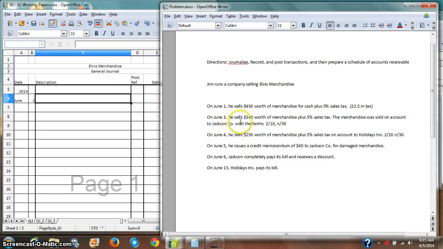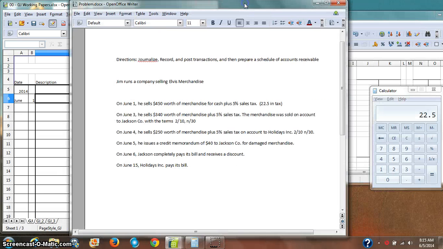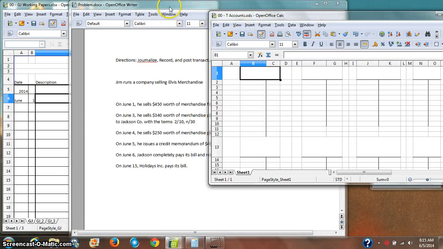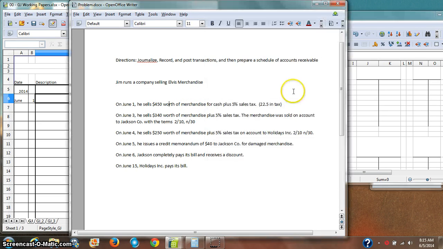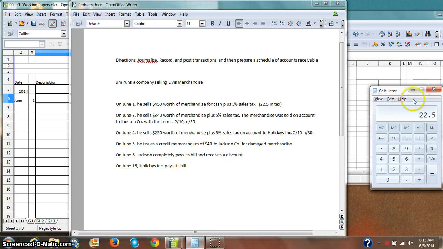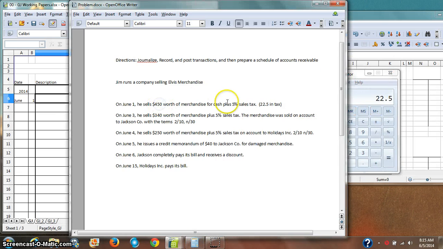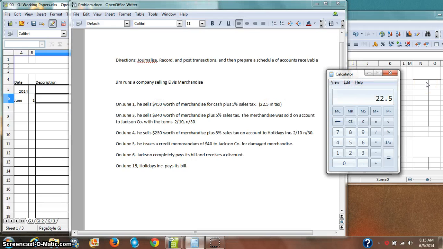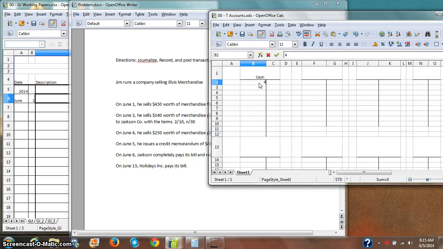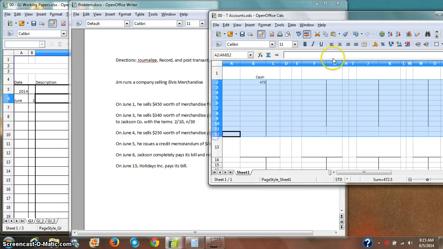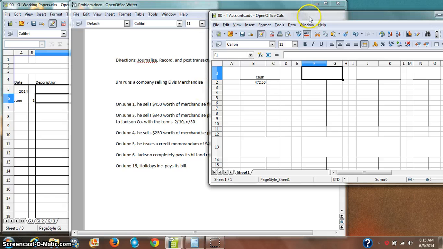So what this means in my transactions, first of all, this person has paid me. There's no accounts receivable in this one. This is all cash. So my cash has gone up. And they've paid me not only the price of the merchandise, but also the sales tax. So I can add those two things together. $472.50. And my wonderful software is rounding it for me when I don't want it to. So let's see if I can get it not to do that there. And then I